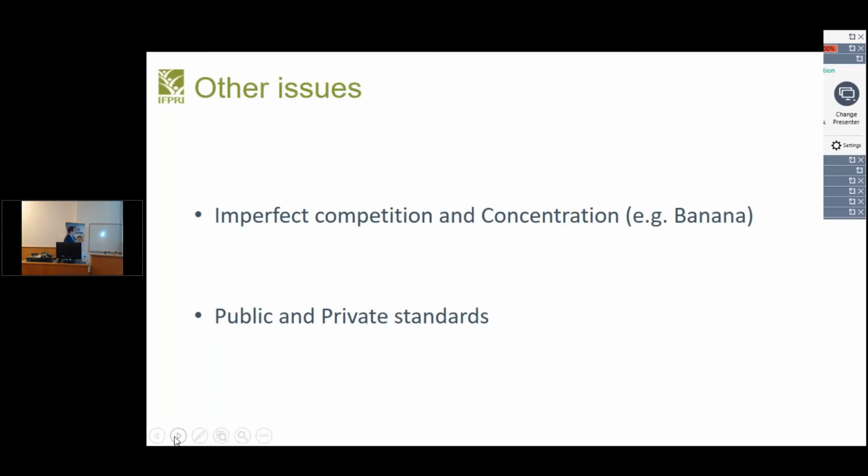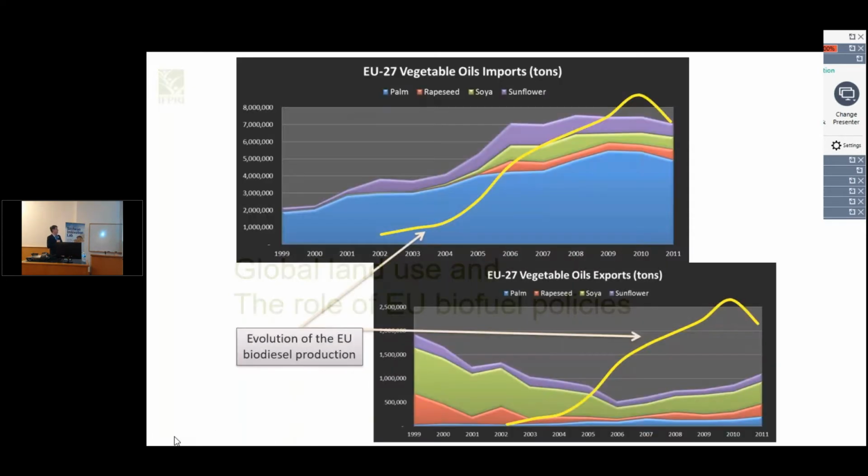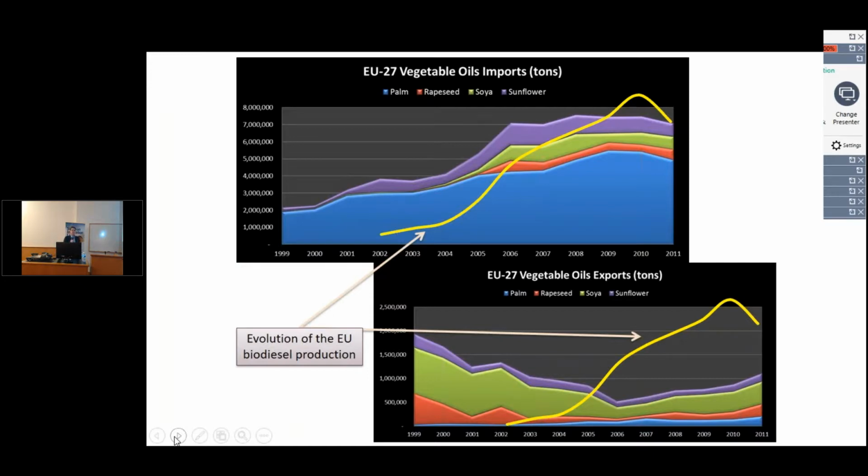So now I'm going to take the example of EU biofuel policies, because here we are dealing with a demand shock, okay? That's not market-driven, that's policy-driven. You have a demand shock, and we are going to see how it's going to affect global markets. So the first thing that people were saying at the time is that, no, it's EU policies, there is no global effect, so there is no question about land use and all of this. So on this slide, I'm going to show you that, of course, we cannot really do econometrics